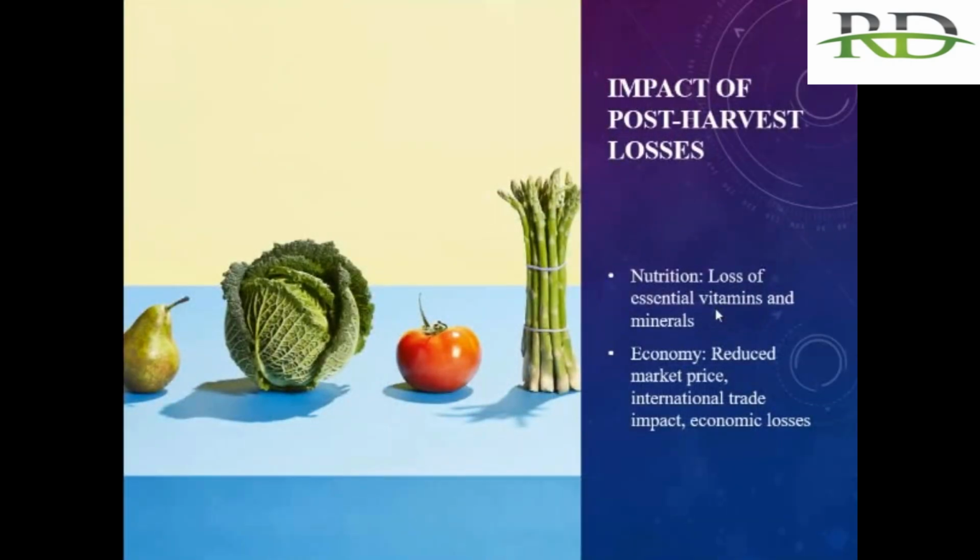We can see the impact of post-harvest losses, both from a nutrition point of view and an economic point of view. In nutrition, there is loss of essential vitamins and minerals. In all these discussions we are looking at agriculture and horticulture produce, which are the main source of vitamins and minerals for us. Vegetables are considered protective foods because they are rich in vitamins, minerals and essential amino acids. If any of those are not taken, there is a deficiency, and